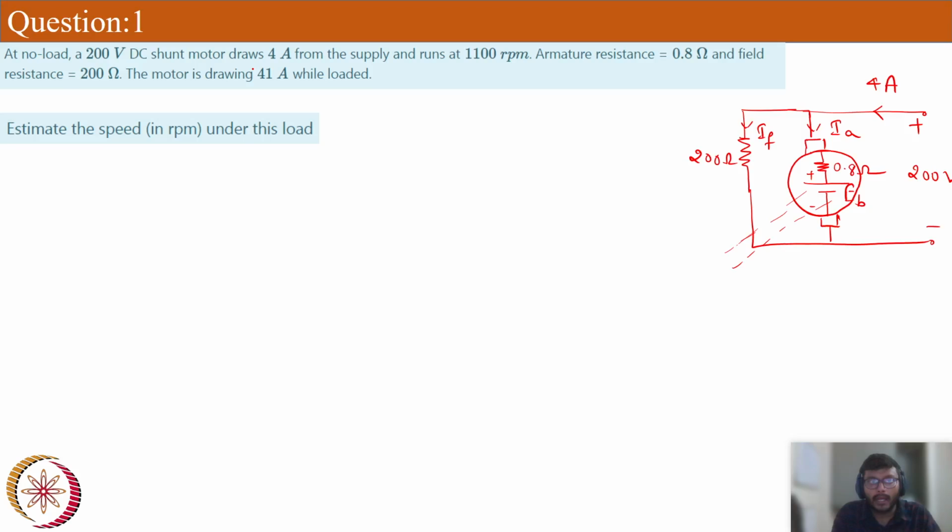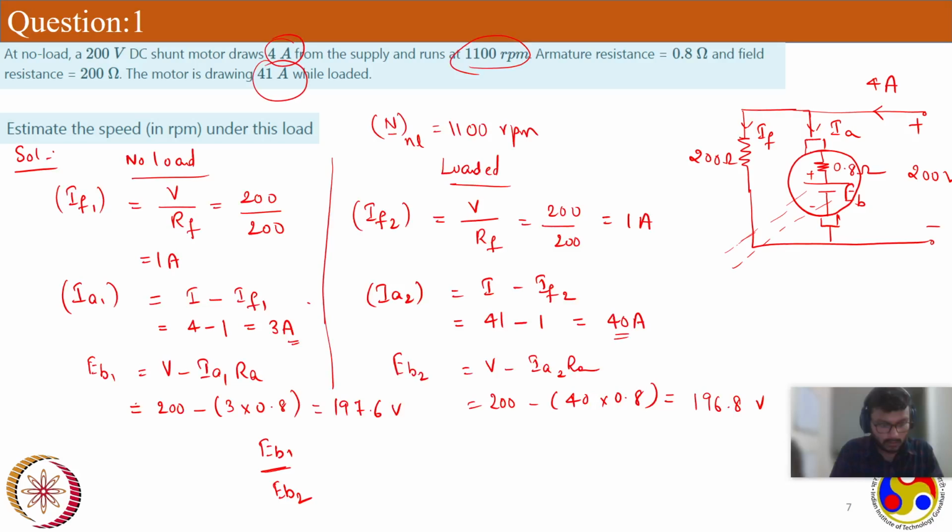EB2, that value is 168. Sorry, I'm sorry. It's 168. Thank you, sir, for pointing it out. Yeah, thank you. So, proceeding with this,